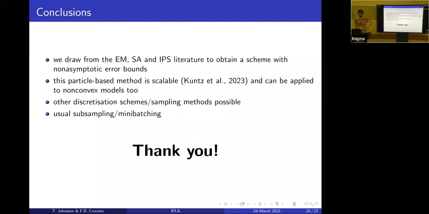Clearly, Euler-Maruyama is not the best time discretization scheme, so there is scope for extending that in other directions. One important point which I think is worth mentioning is that once you have this pi n, which has n copies of your x and one copy of theta, in principle, you can use any sum